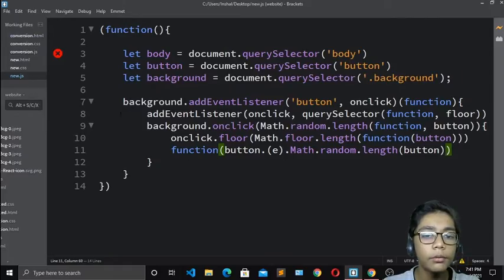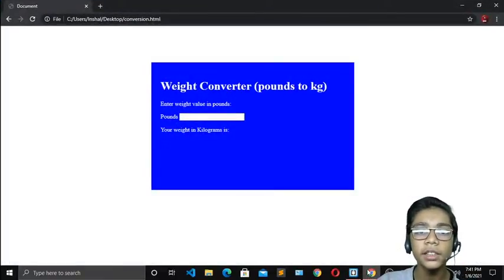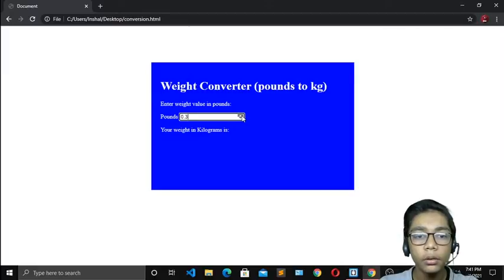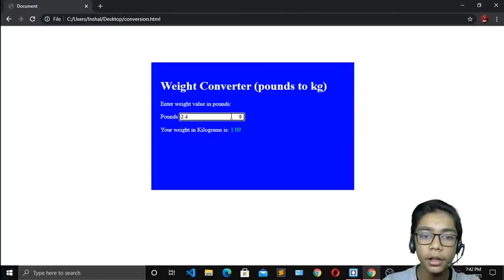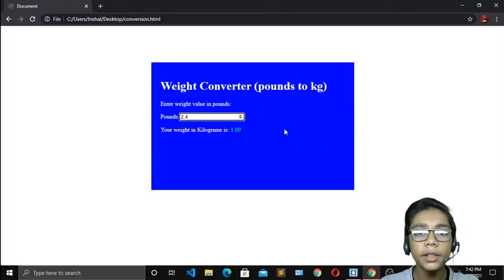We have to check whether it is working or not, so I will go to Google Chrome. Over here you can see how beautiful it is looking. We have just made our weight conversion in JavaScript. If I take it to capital, you can see our number is going above that. Now if I press enter, our weight comes in kilograms. It has changed from pounds to kilograms.